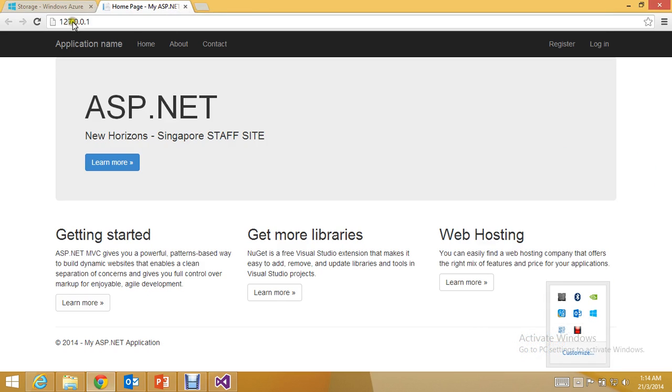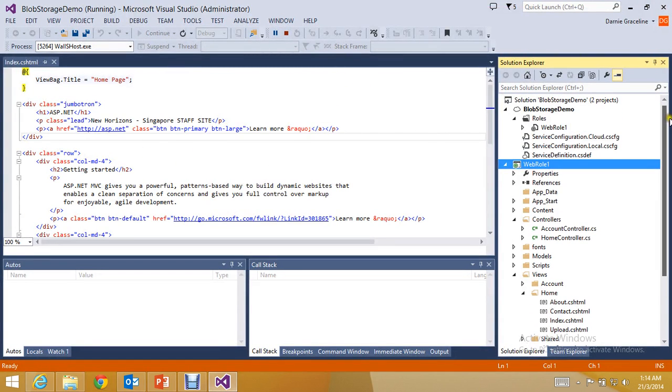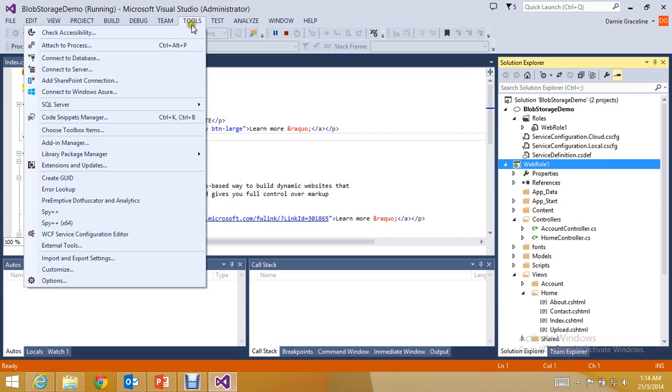Okay, so my application is running perfectly. I don't have any errors here. Once I see that I don't have any errors, then I have to use my storage account. To use a storage account, the first thing you need is your Windows Azure storage DLL. To install your storage DLL, you can go to